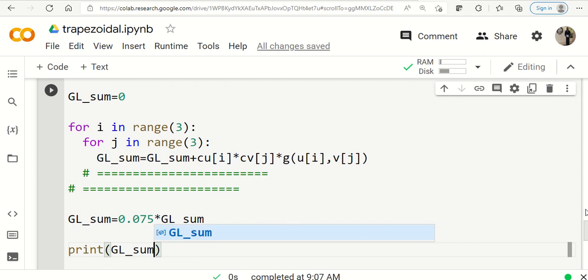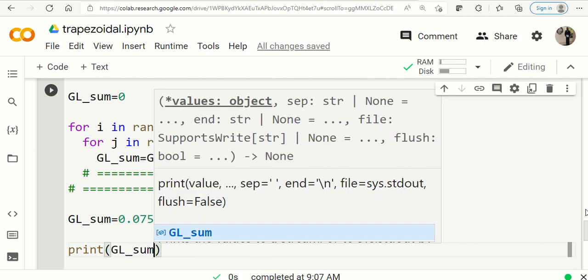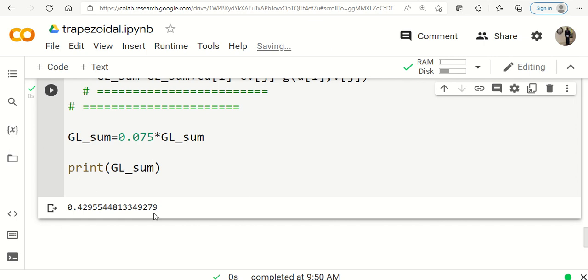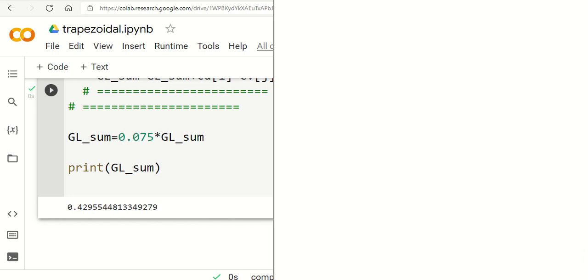That's it. Two-dimensional integration by the Gauss-Legendre rule, right? So let's run it and see the answer. Yes, 0.42955. Let me show you the original problem that I have just solved in front of you from the book,